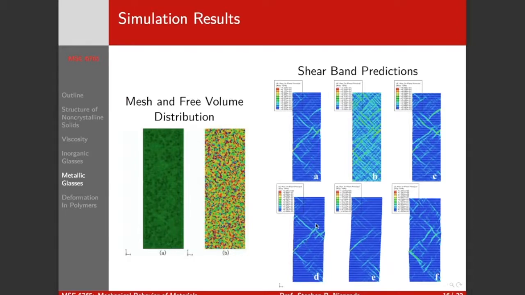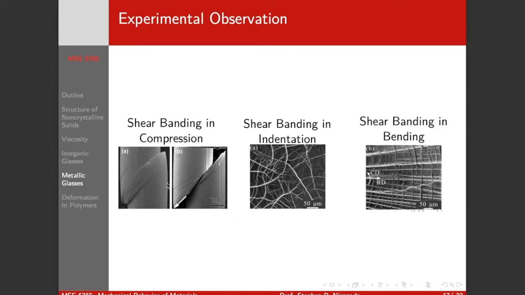And notice they form at 45 degrees, which is roughly the direction of the highest shear stress, if we're giving this a tensile or compressive load. Right? And experimentally, we can see here if we're doing compression, these are small pillars, a couple millimeters across. If you compress these, you get these shear bands and catastrophic failure